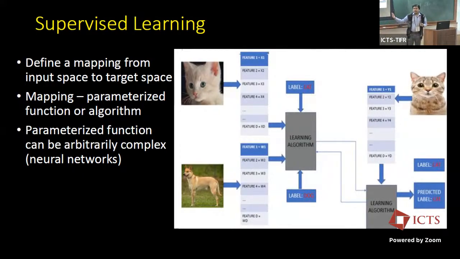Now, the other side is the output space. These images are what you will give to your machine learning model or algorithm. What do you expect it to say? Clearly, in this case, you expect it to say either cat or dog. So your output space has just two things, cat or dog. Or if I want to encode it in binary, the output space is just 1 and 0. 1 may mean cat and 0 may mean dog, or vice versa, depending on whether you like cats or dogs. In my case, it's always 1 means cat, because I'm a big cat person.